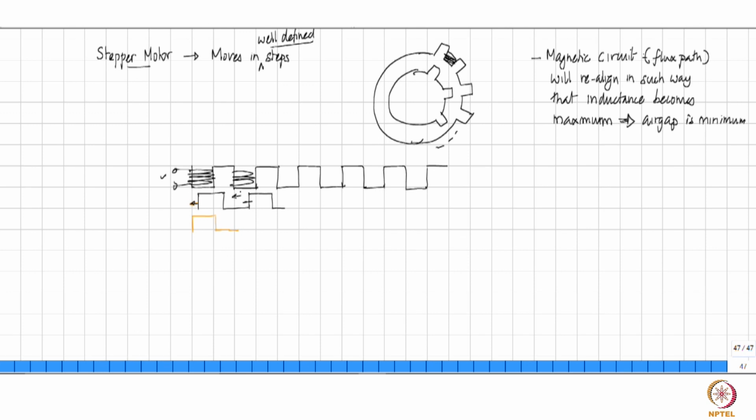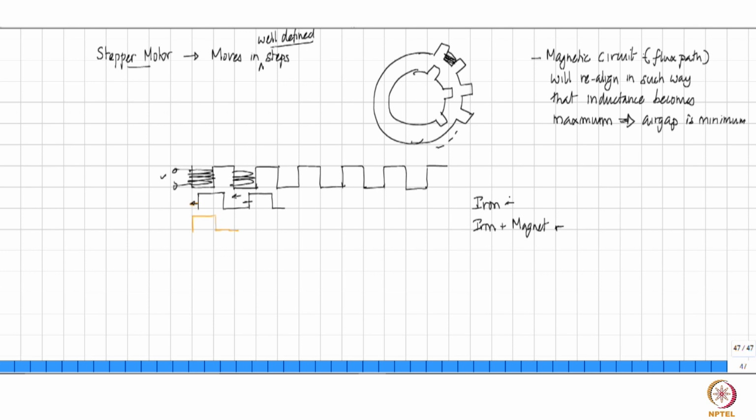Rotor is usually made of iron, so there are different varieties here. You may have the rotor made of just iron. It may be iron plus magnet, right? This will obviously increase the amount of force with which it is going to align, whereas in the first case, it's not so high a force.